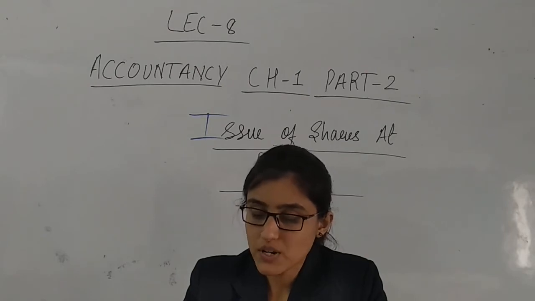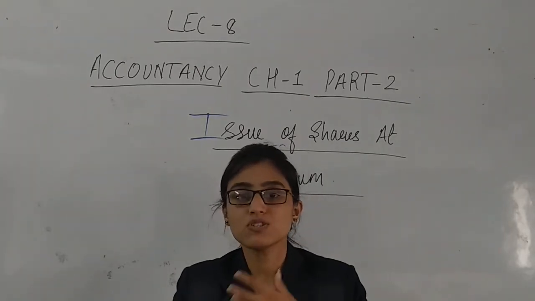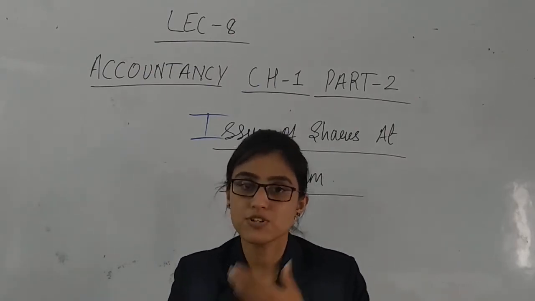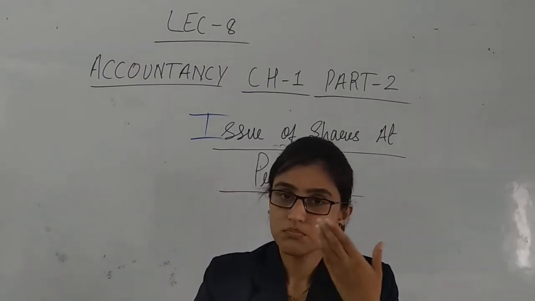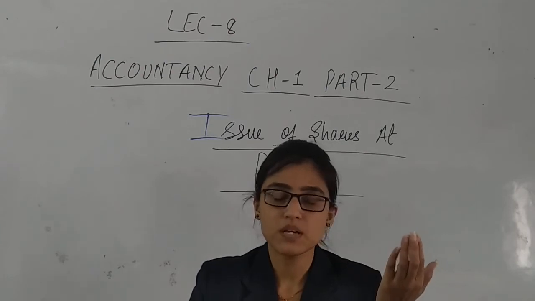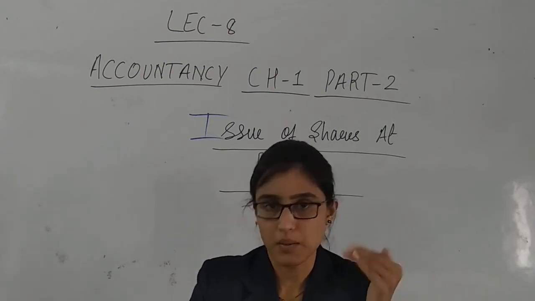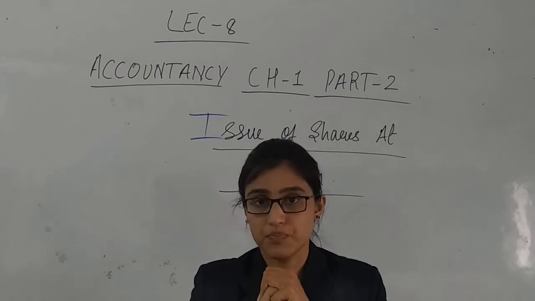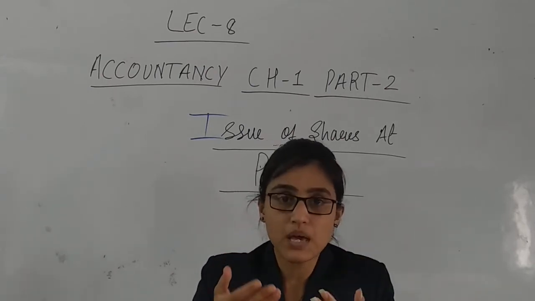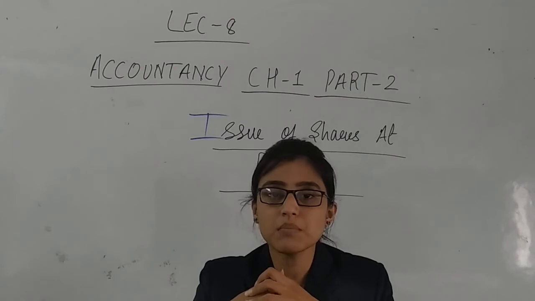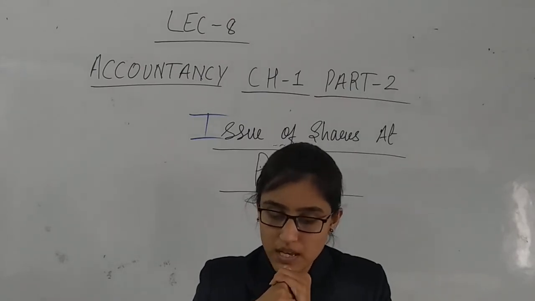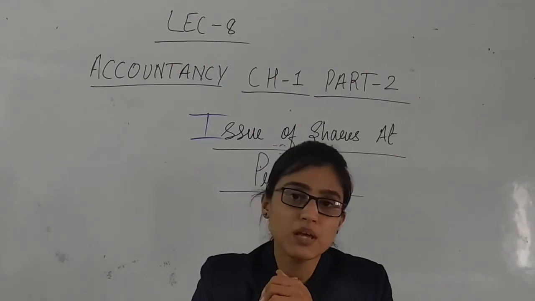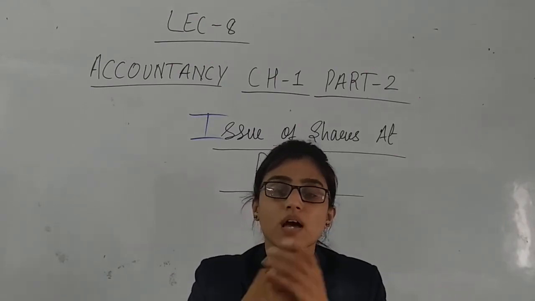Amount called per share. Now, which amount is to be included in it? Yes, amount called per share, we know. Let it be 3 rupees, 2 rupees, whatever amount has been called with application, plus the amount of premium. Yes, whatever the premium may be, it will definitely be mentioned in the question. So in the first journal entry, you will also include the amount of premium along with the amount of